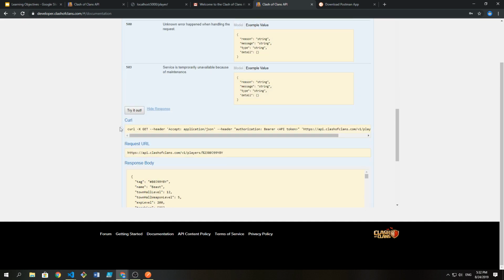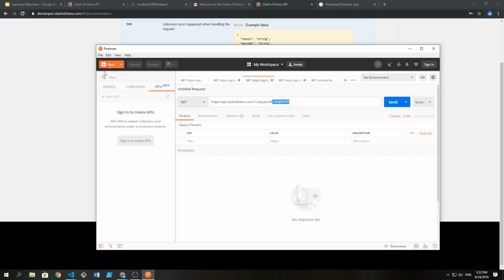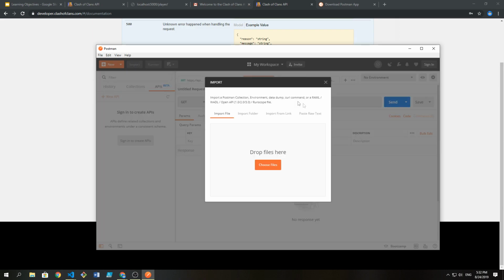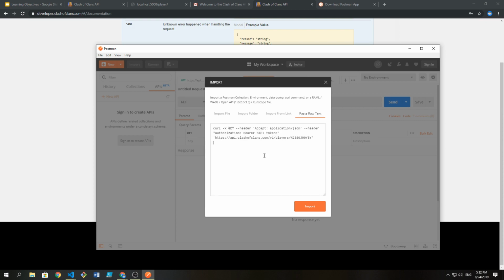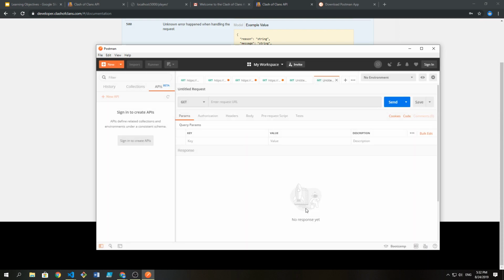So what we're most interested in is what's inside here under curl. So double click to highlight everything, copy it to the clipboard. Within Postman, click import, paste raw text, paste it, import. So now we actually have that same call loaded within this software. So if we press send,